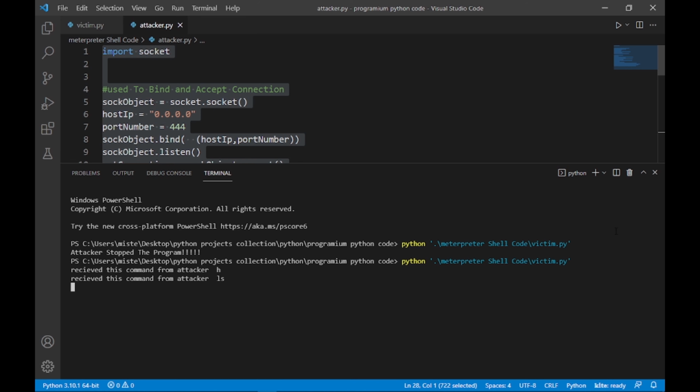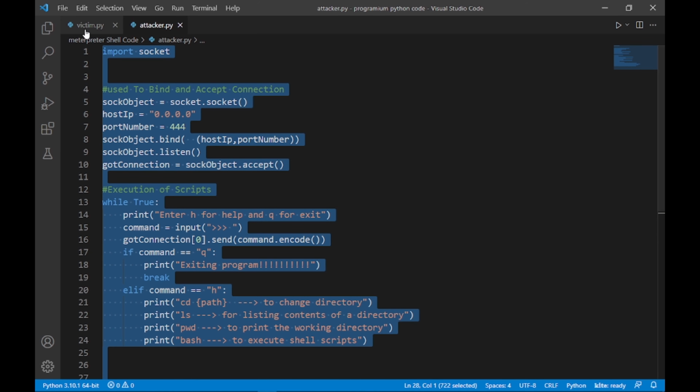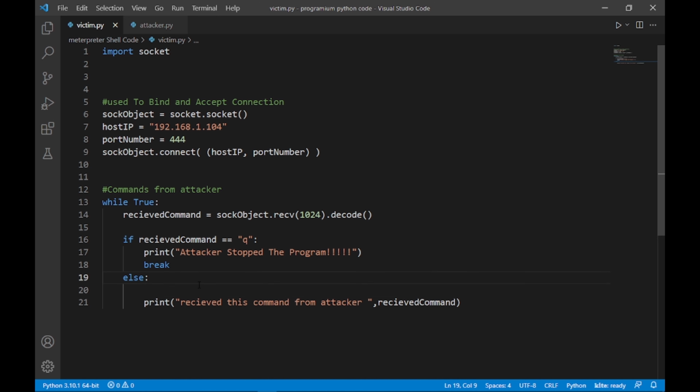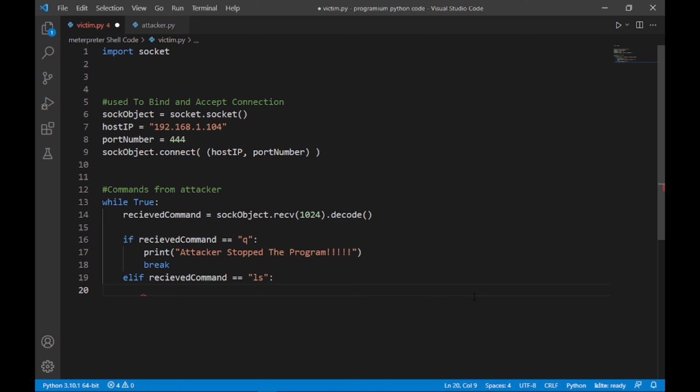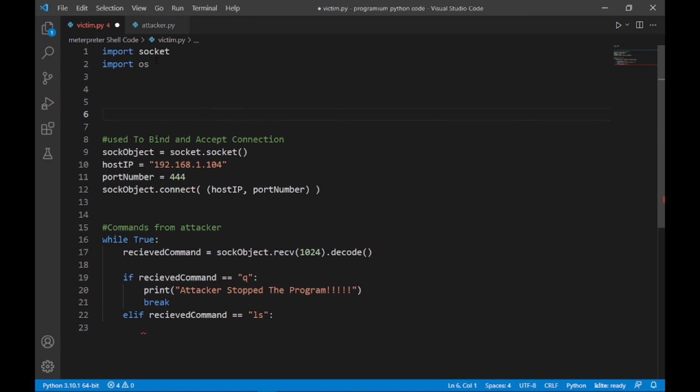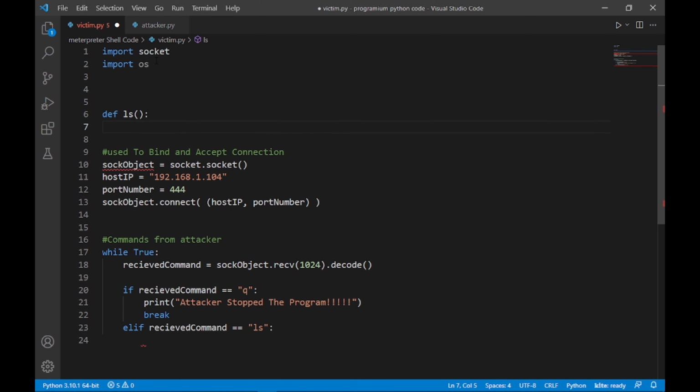So we have to go here in the victims.py file, and we have to check that elif the received command is equals to ls. So we will call a function here instead of telling the person that we got this. Fine. So I'm going to use here import os, and I would be creating a function here by the name of ls. And let's go to this one, and what we will be doing, we will just return